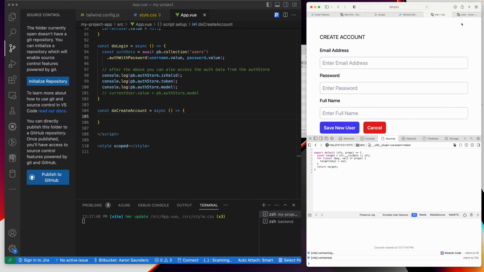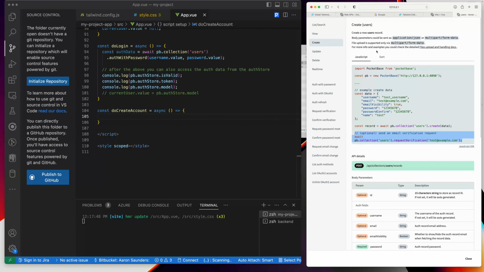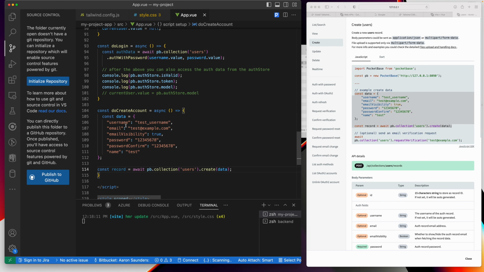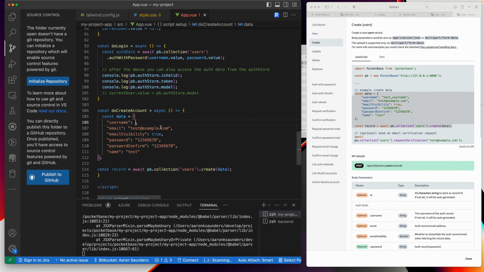All right, so let's go back over here to our documentation to create a user. This is the example. We'll just copy the example. And let's get our values. So we're going to derive our username, as I said. And the username has to be, I Googled this and found it, based on a regular expression. Where did it go in my notes? A username